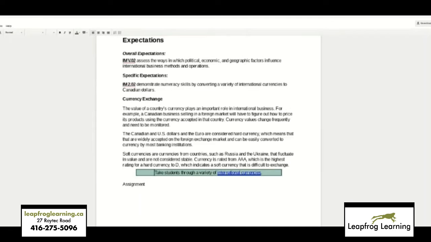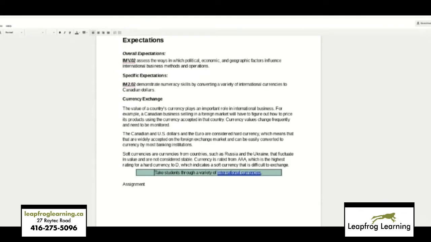If you're doing $100 million worth of business in a foreign country and the exchange rate changes by 1%, that can be a significant amount of money. So knowing how to convert your currency into the home currency's value, as well as knowing the general ebbs and flow of that currency,